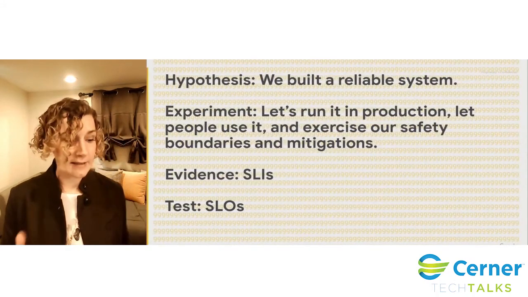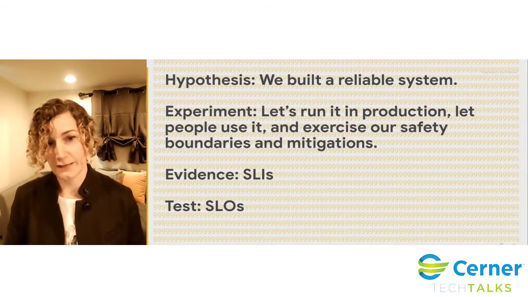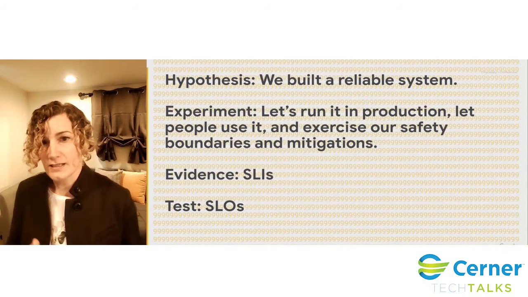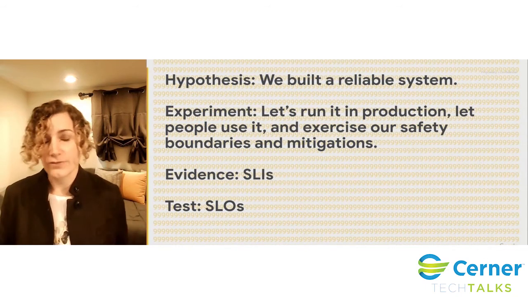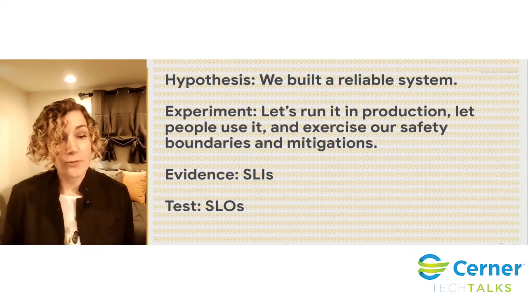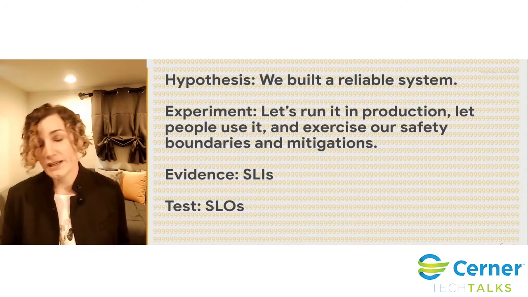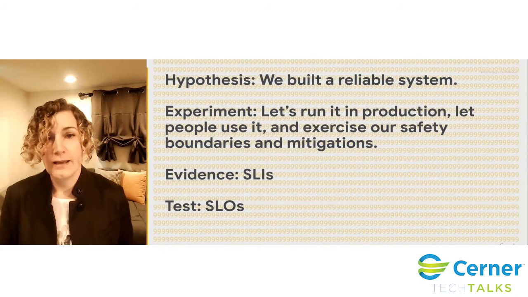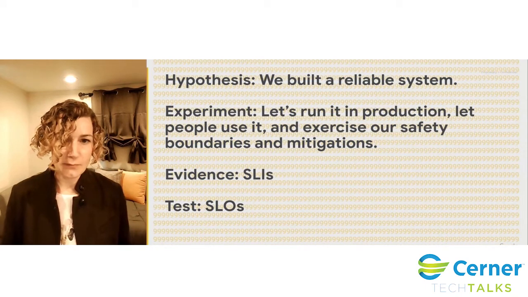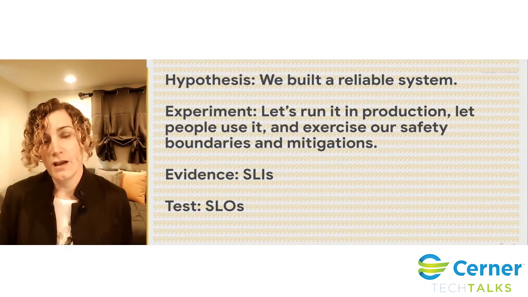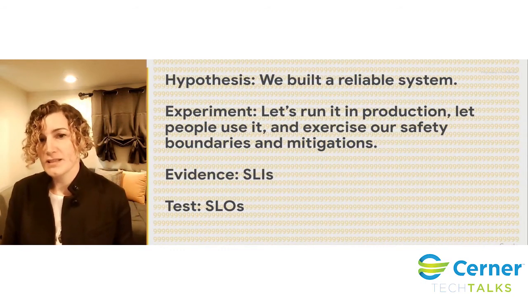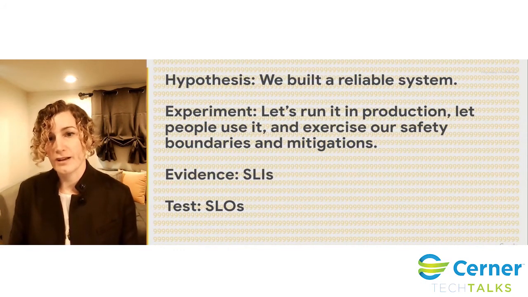So the idea of this whole discussion, and I know there was a lot of path to get here, is that we started with the idea that reliability is a scientific experiment. You build a reliable system as your hypothesis. Before, I was saying you run it in production on representative machines with representative traffic, and then you measure what happens and see if your hypothesis is right. The idea I presented is that if you get really good at fixing outages fast, so that when something happens, customers don't feel it,